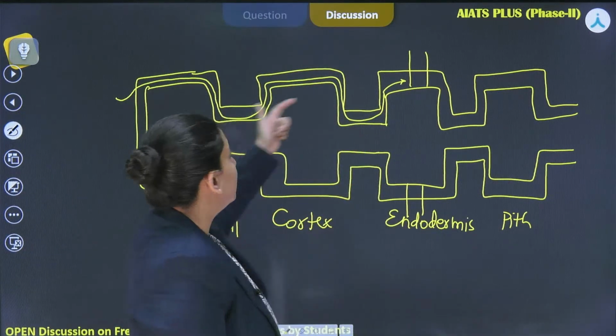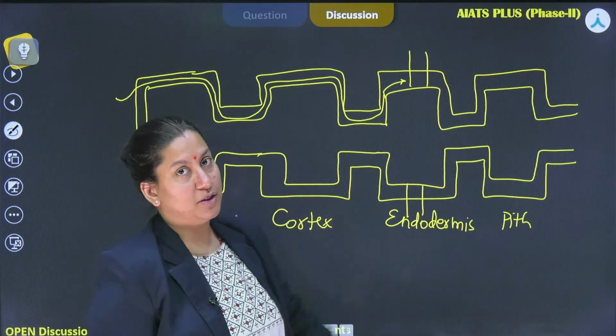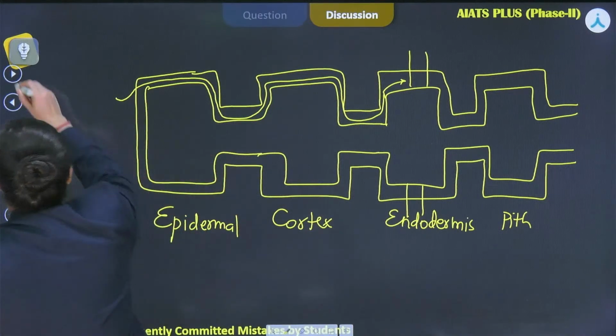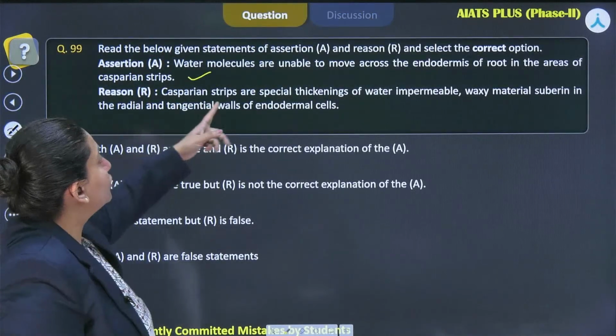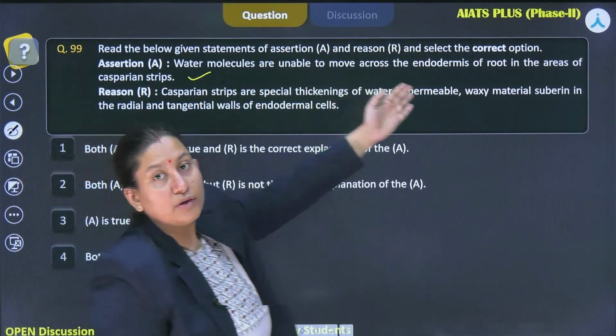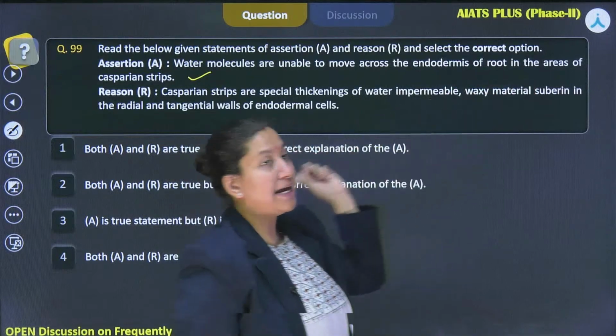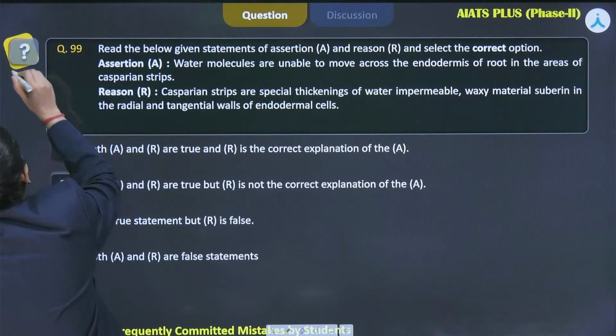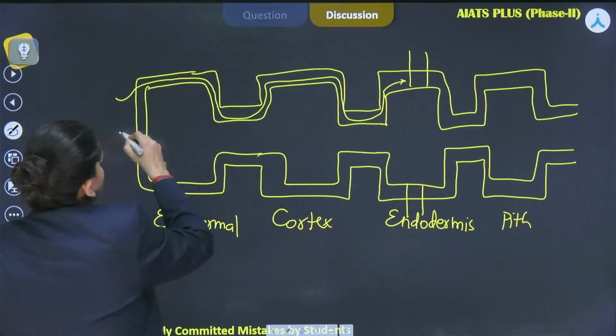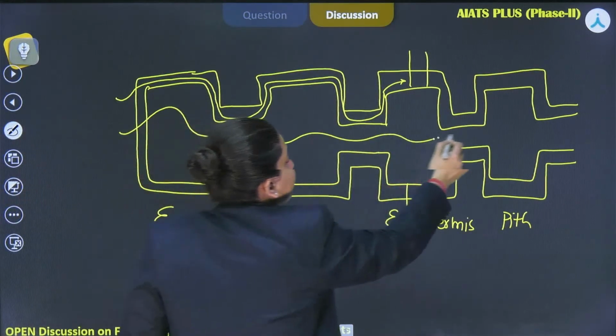So that is why water is blocked in these particular regions in the endodermal cells. And that's what the statement in the assertion is also saying, that they are unable to move across the endodermis of root in the areas of Casparian strips. So that is correct, because they can move via this living pathway easily,